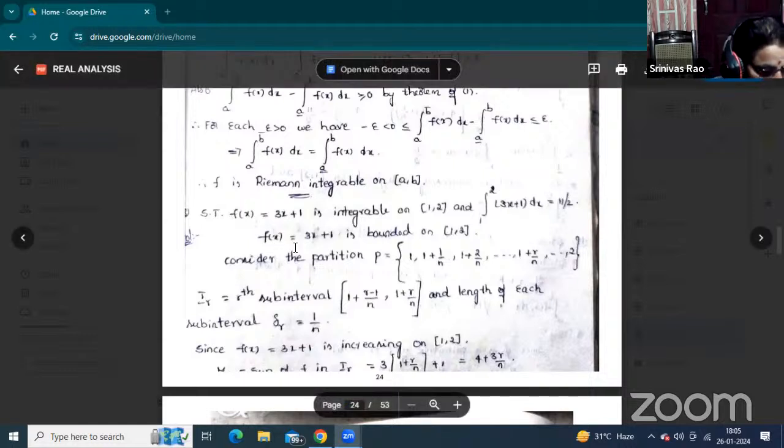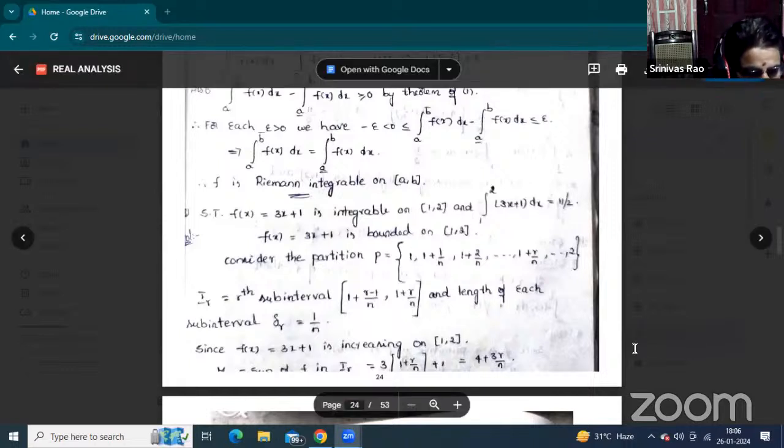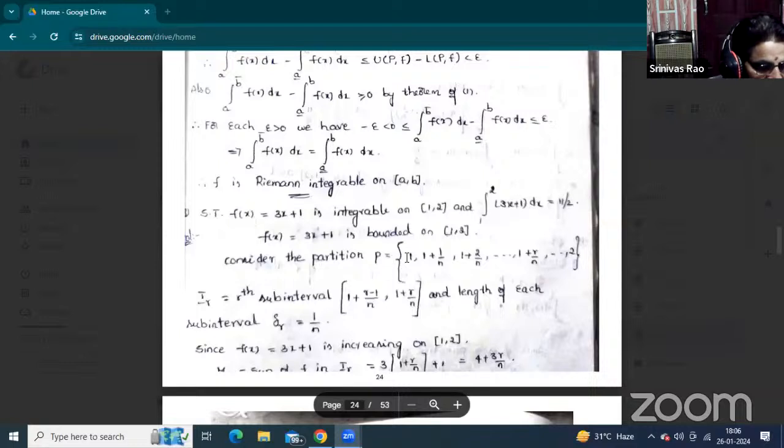So first of all, that is the given part. We must write f of x equal to 3x plus 1. Is this function bounded or not? Yes, this function is bounded between 1 and 2. First of all, consider the partition set. What is the partition set? Partition set capital P equal to the set of 1, comma,